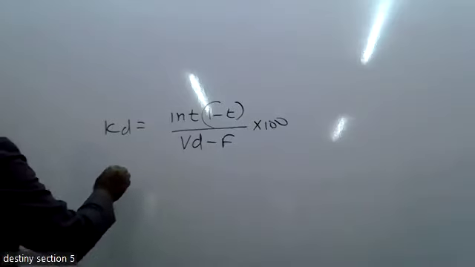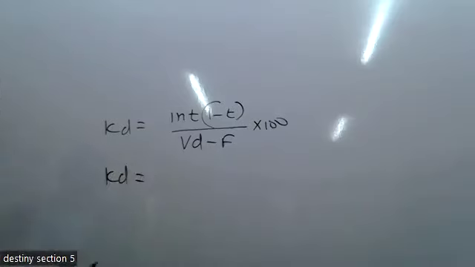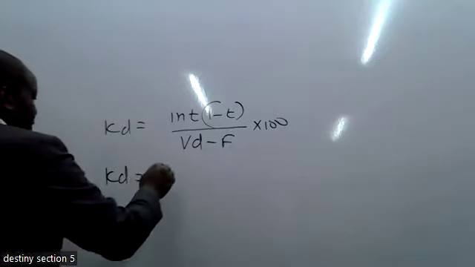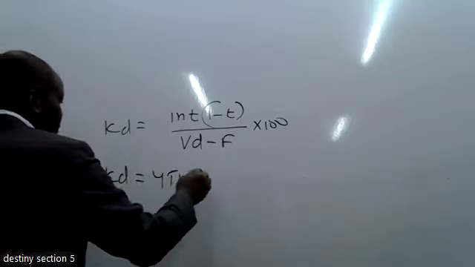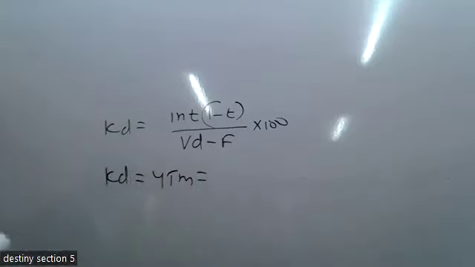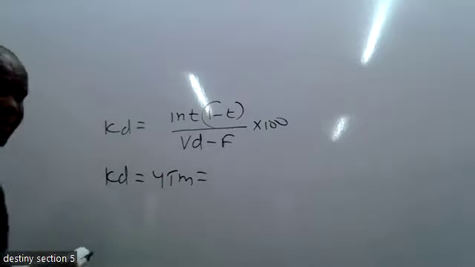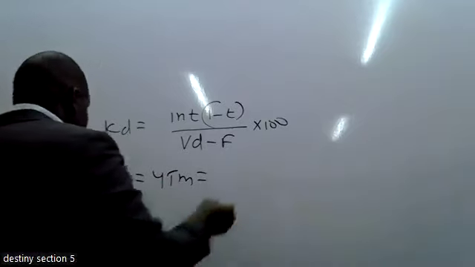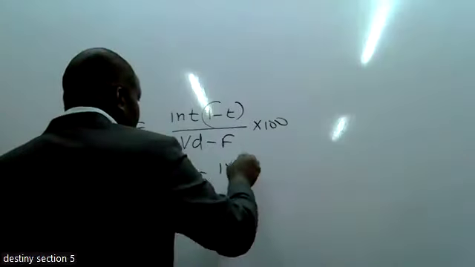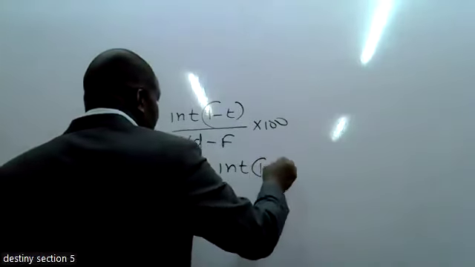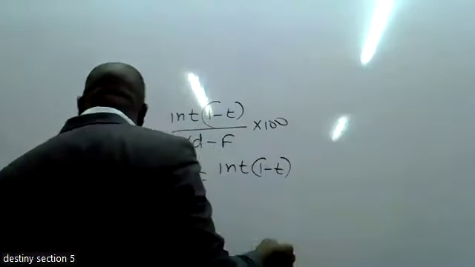So Kd will be representing the cost of that debenture. It is the same as the yield to maturity, which is equal to interest, then 1 minus the corporate tax,